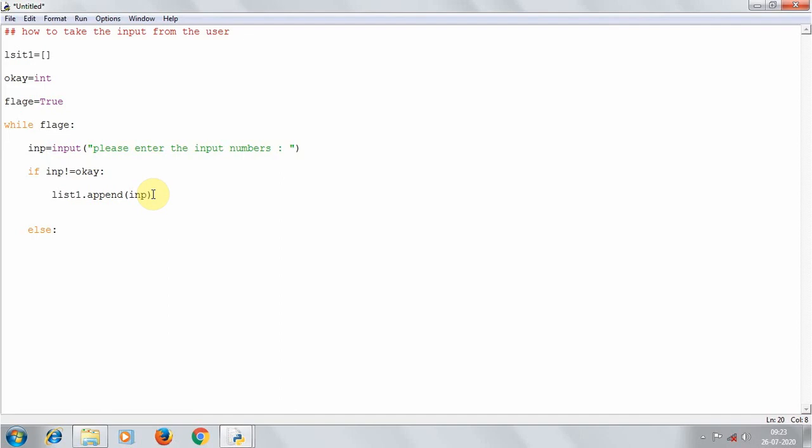So what I will do, I will just end this infinite while loop. For that I need to make flag as false, then only it will come out of this one. So I will set flag equal to false, so that the infinite while loop will be ended. Then I will come out of this while loop, and in main program I will print